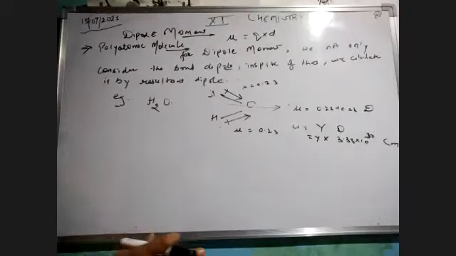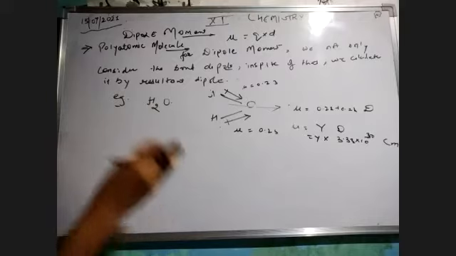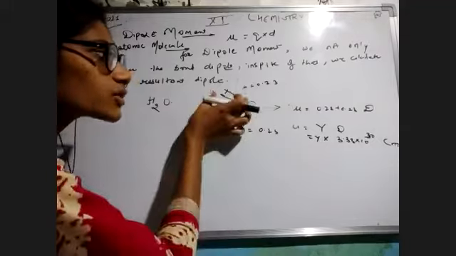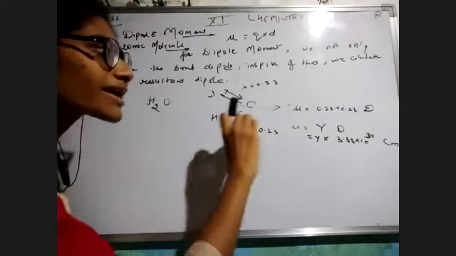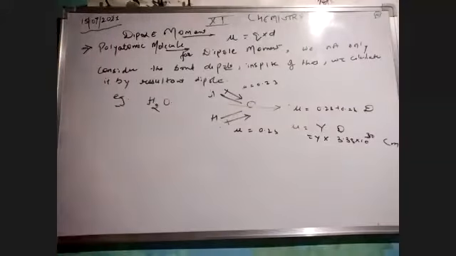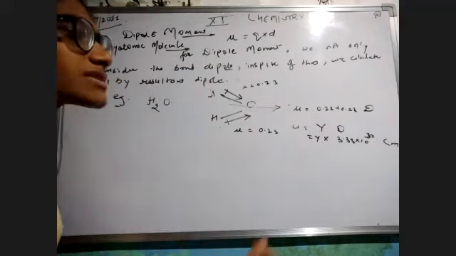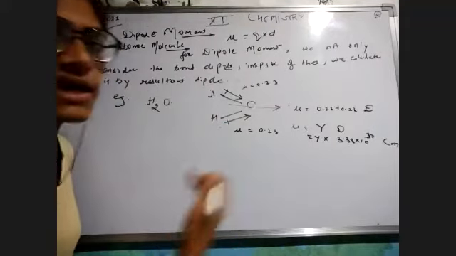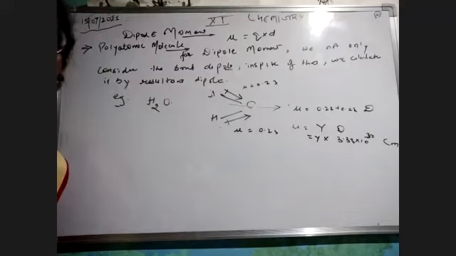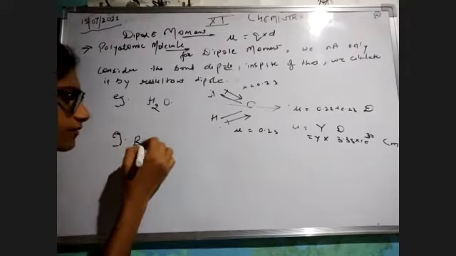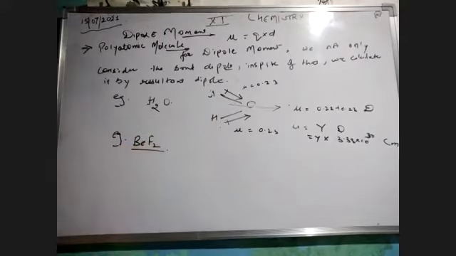Now same as I have told about water, in water our resultant dipole moment was due to these two atoms in which electronegativity is aligning towards oxygen. But now what would happen if there are more than two atoms and they are aligning in the opposite direction? Do you understand? Let's check it out. How would it be possible in the opposite direction? And what do I mean by the opposite direction? For example, you have a very simple example of beryllium fluoride, BeF2.